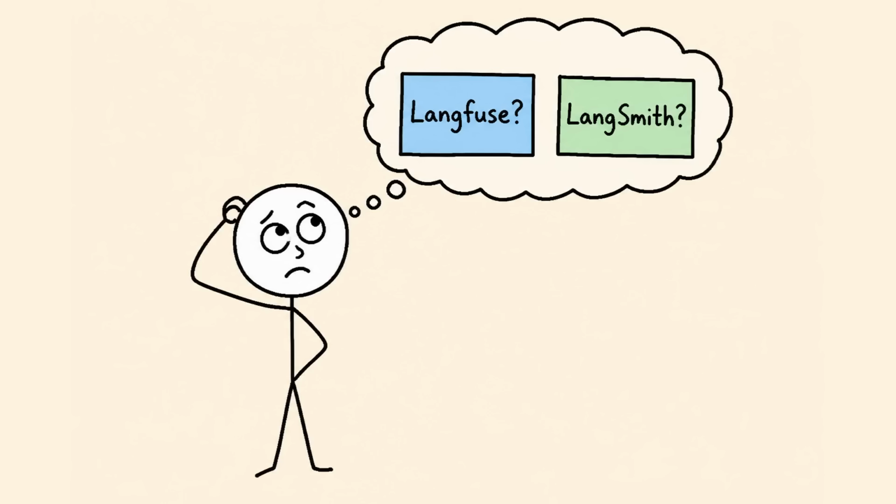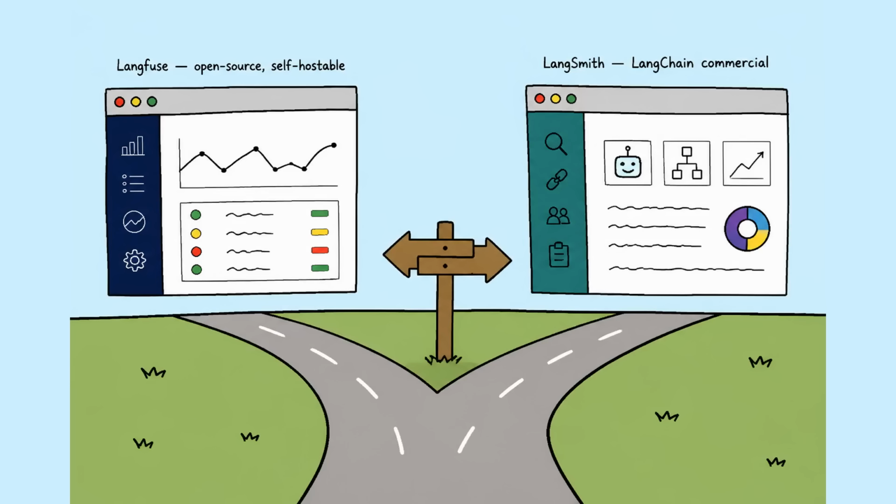Go Langfuse if you've got data residency requirements, if traces of user prompts legally can't leave your infrastructure, or honestly you just want to own the stack and you've got the DevOps muscle. Because self-hosting it means running Postgres and ClickHouse, and that's real operational overhead.